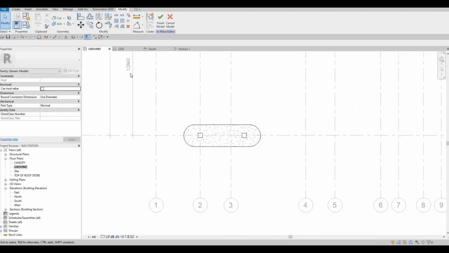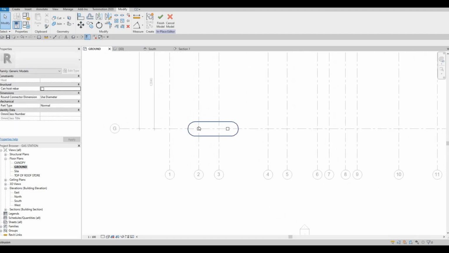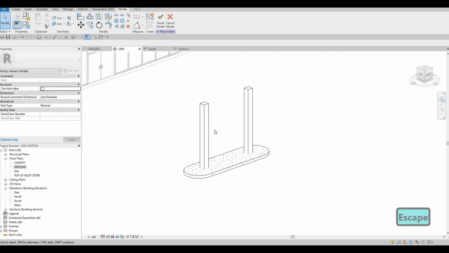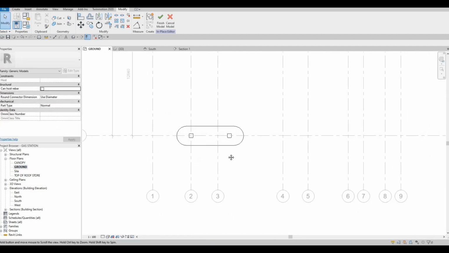Now what we could do is add the canopy first, because I'm going to add it right here. I actually just want to add this one first because I could just copy everything else on the other side. We don't need to create another one to replicate this. So it's going to be easier for us to just add this one, add the canopy, and then tilt it from there. So I'm just going to go around here, go to ground,